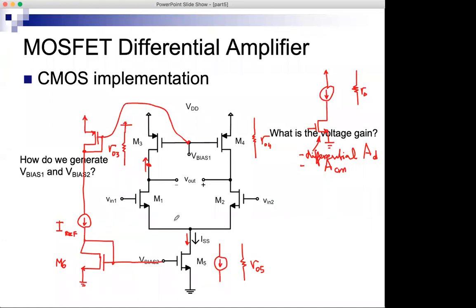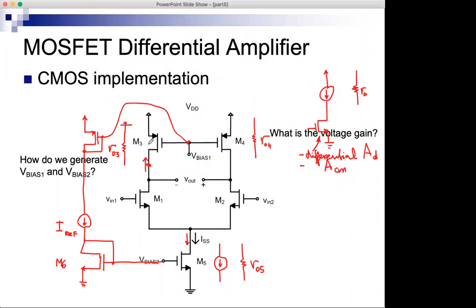And then this part of the circuit would be like a common source amplifier. And also this part of the circuit will be like a common source amplifier. And we can analyze this part of the circuit using the half circuit technique. This is a very nice technique because it allows us to use all the previous results from common source in the case of differential. So if I have a virtual ground here at this node, this becomes like a common source amplifier with M1, the amplifying MOSFET, and RO3, the resistor between this drain and the supply, which is signal ground in the